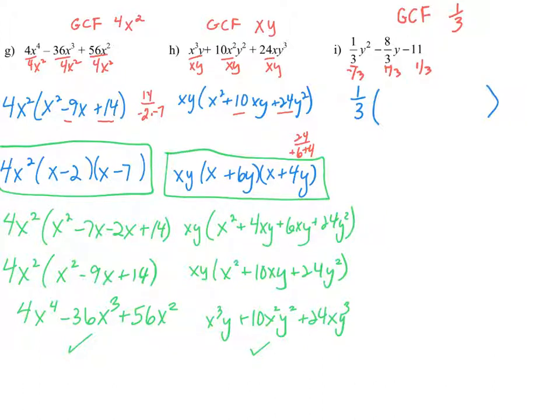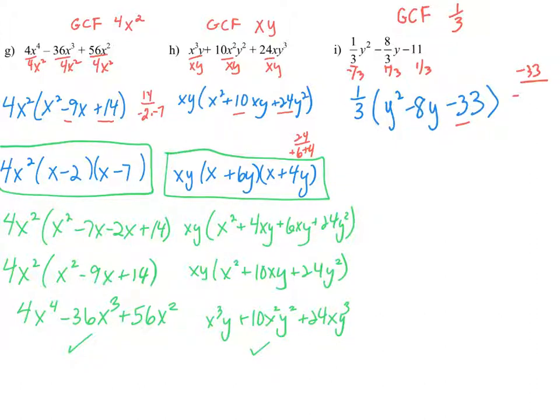So 1/3 divided by 1/3 is 1. So the first term becomes y squared after the 1/3 greatest common factor is taken out. And then the negative 8/3 divided by 1/3 is going to be minus 8y. And the negative 11 divided by 1/3 is going to be the minus 33. Again, remember that dividing by a fraction is the same thing as multiplying by the reciprocal. Now we have this trinomial, the greatest common factor 1/3 out in front, and the trinomial y squared minus 8y minus 33. We're going to look at the factors of negative 33 that will add up to negative 8,